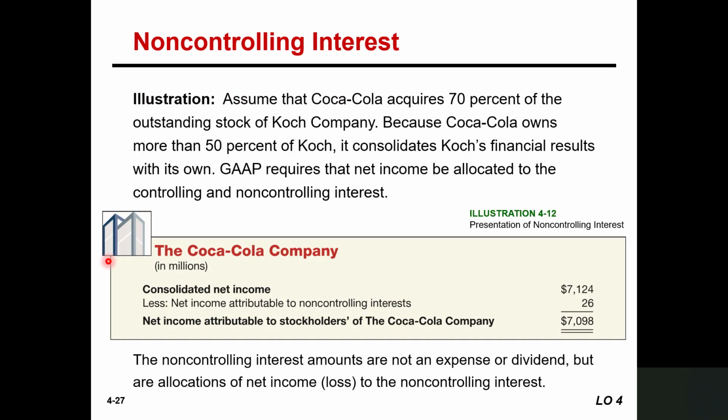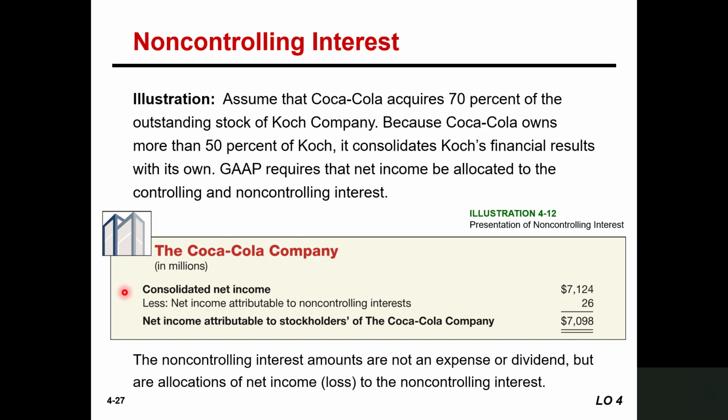And so what ends up happening is, like in this illustration, assume that Coca-Cola acquires 70% of the outstanding stock of Koch Company. Because Coca-Cola owns more than 50% of Koch, it consolidates Koch's financial results within its own. GAAP requires that net income be allocated to the controlling and non-controlling interest. And here they're just showing the total consolidated net income is